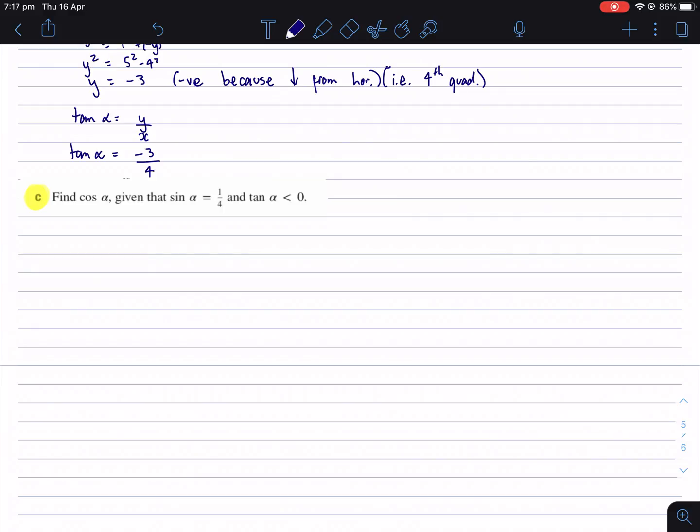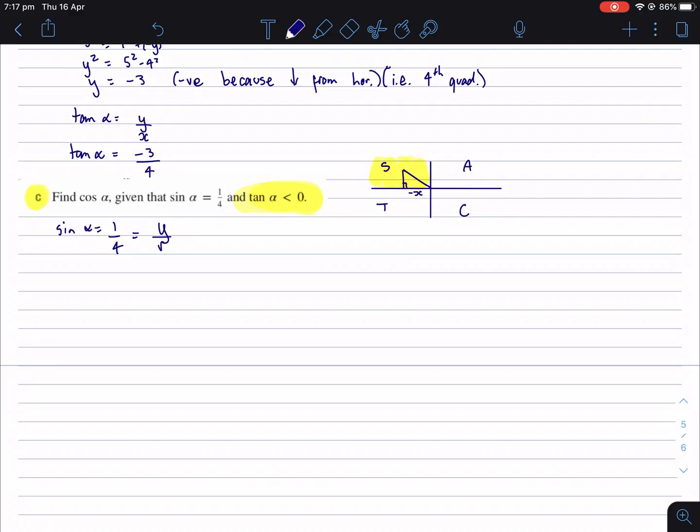Okay, we've been told sine alpha equals positive 1/4 and tan alpha is negative. So let's draw that. We know sine SATC, it could be either here or here because sine is positive, but tan is negative. So it's here. Okay, we know sine alpha equals 1/4, which is opposite over radius. We need to find x,